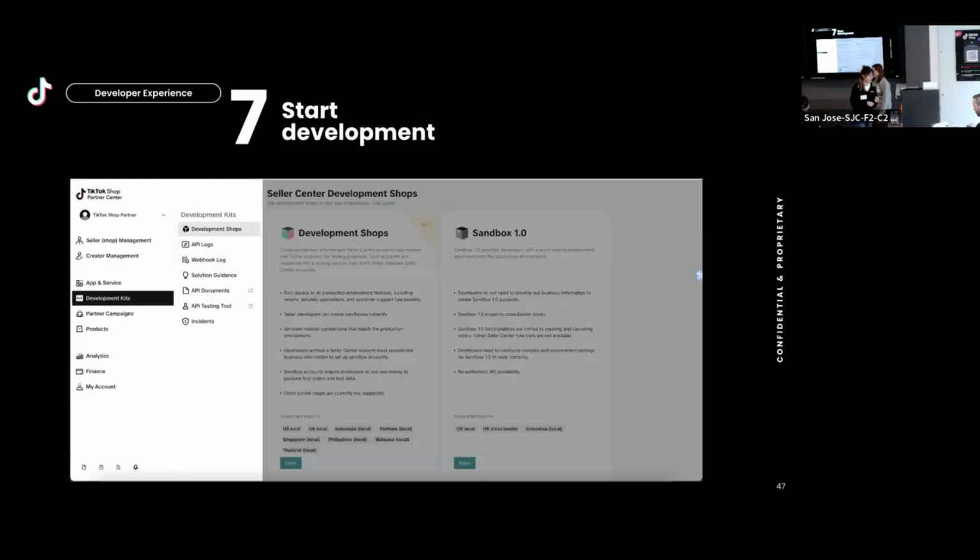So now that you have gotten your app key, the next step is to start development. And the first thing to do to start development is that you need to call your first APIs. And keep in mind that all TikTok Shop APIs require authentication. What this means is that you will need to have a test seller center account to authorize your app so that your app can get data from that specific app store, specific seller center's